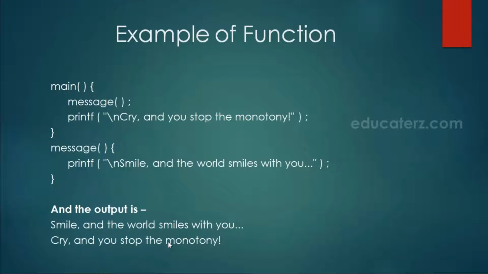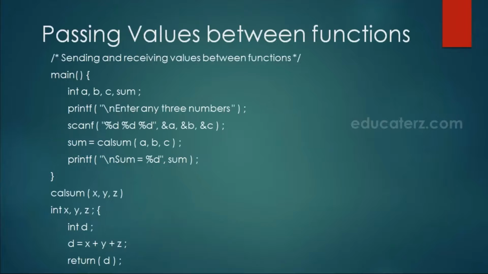Now here in this function we are not passing parameters. Now we'll check out how to pass parameters to a function. Suppose we want to calculate the sum of three numbers. So for that we can write a separate function. Here the function is declared like calsum. Now these three integers we are using here are declared here. Either we can declare the data type at this level or inside this bracket.